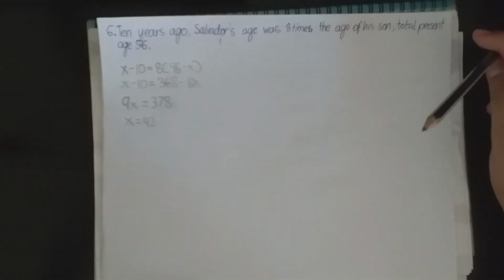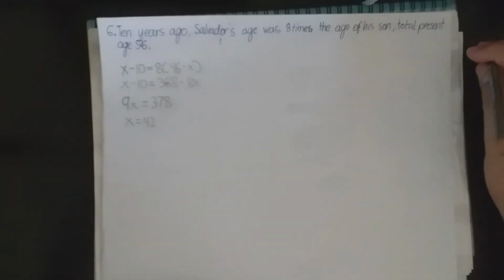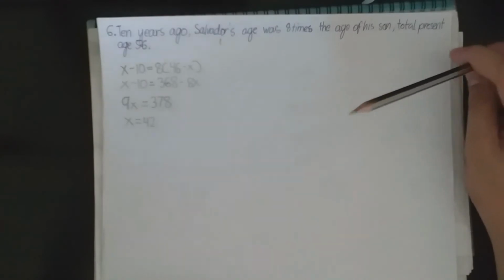This is actually the distributive method. So 8 times 46 is 368, and 8 times negative x is negative 8x,